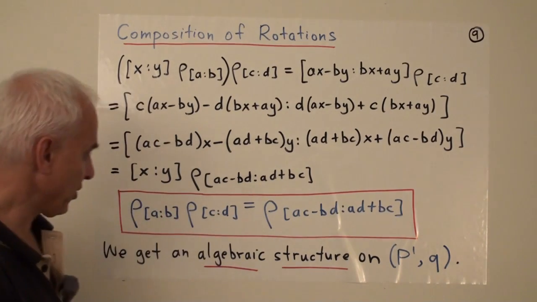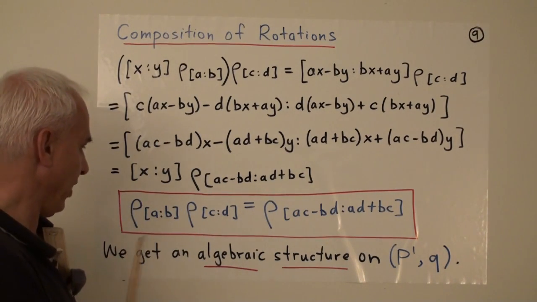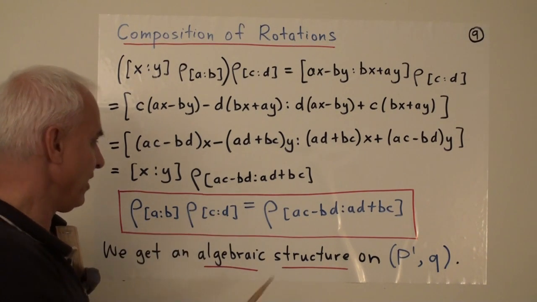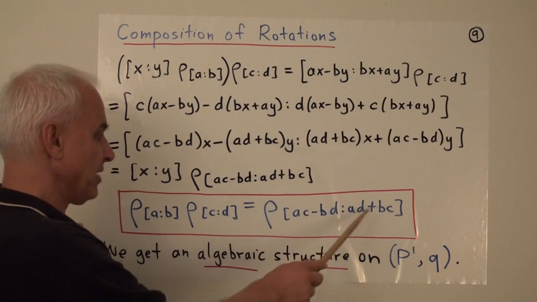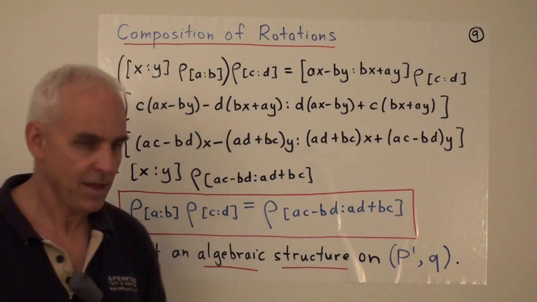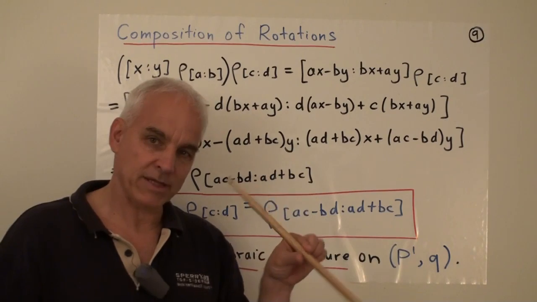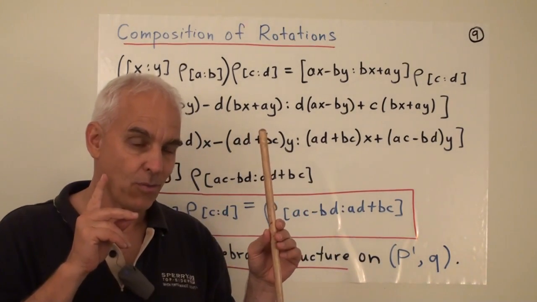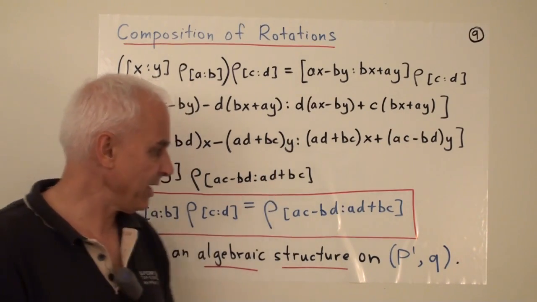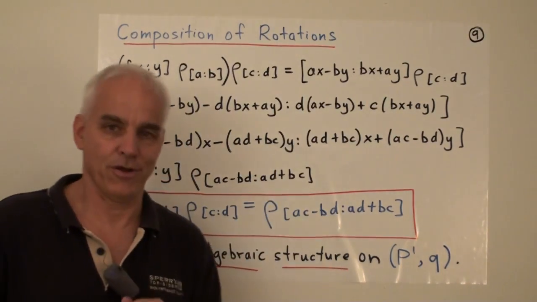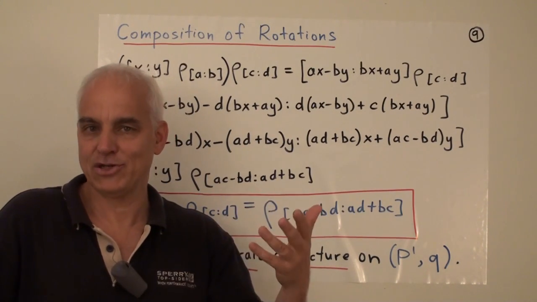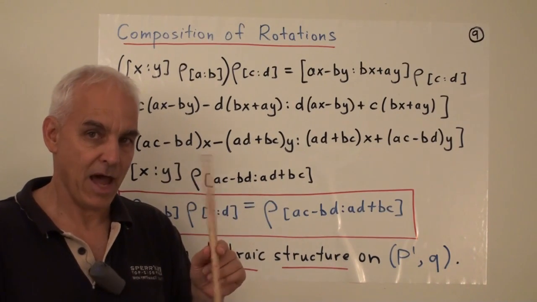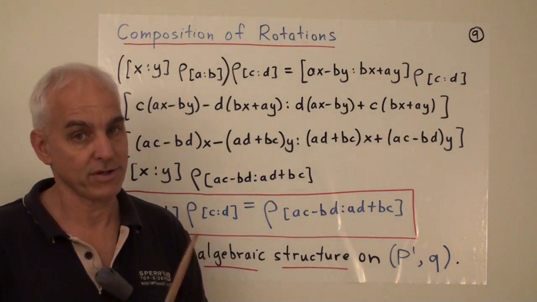Those of you who are familiar with complex numbers, of course, will say, wait a minute, this is just the way we multiply complex numbers. This is like a plus bi times c plus di is ac minus bd plus i times ad plus bc. So somehow the essential formula of complex numbers is already contained just in this one-dimensional situation. But it's really a one-dimensional version of the multiplication of complex numbers. We're not multiplying vectors here, we're multiplying lines through the origin, or projective 1 points.